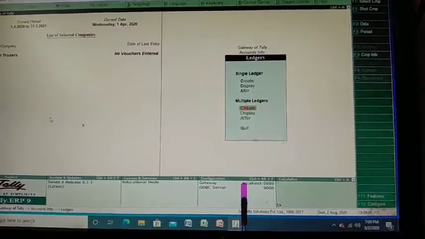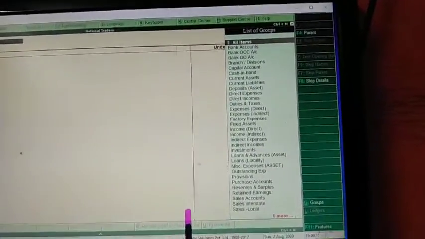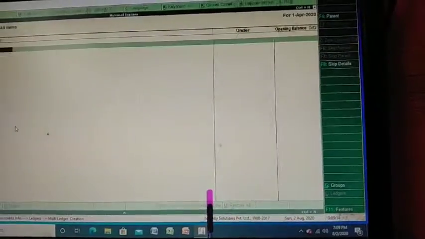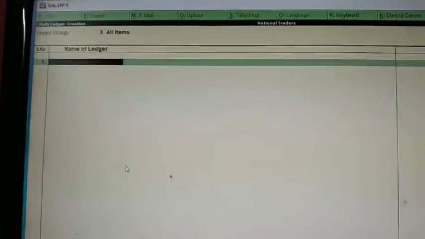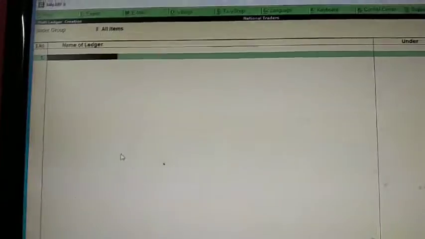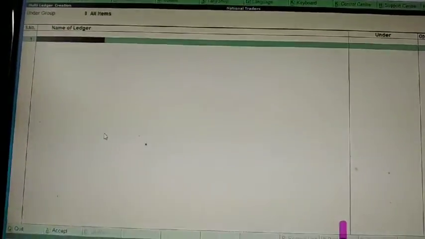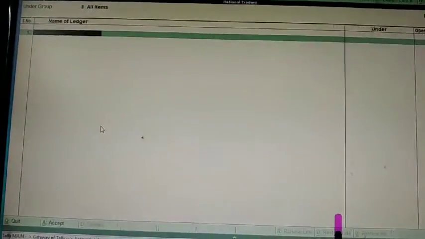Go to create, and here you can create ledgers multiple at a time, that is, under the group you have to select all items and give enter, and go on creating your ledgers at a time. For all these things I will give one assignment to do. There we will study all of this in detail.